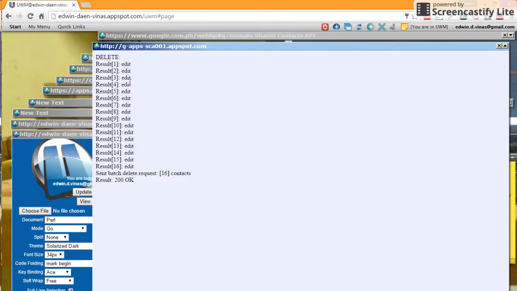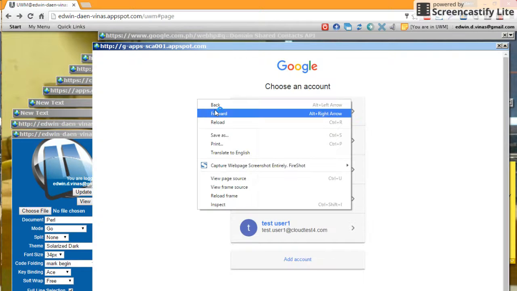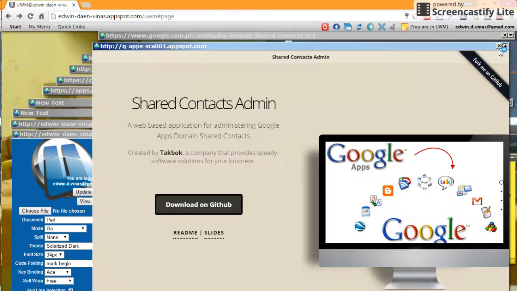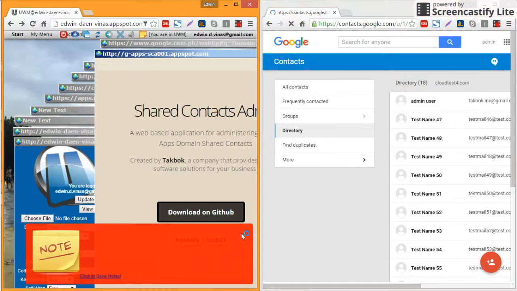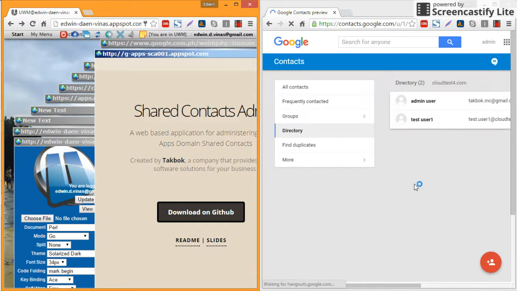So basically here the result shows that we have deleted 16 contacts. So let us refresh this directory. As you can see here, the contacts have been deleted.